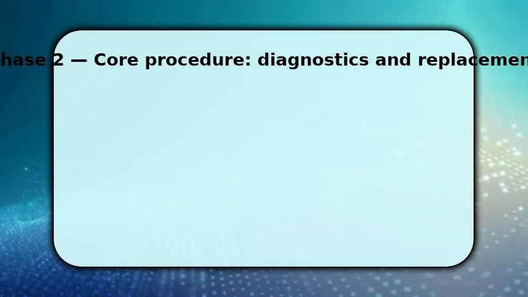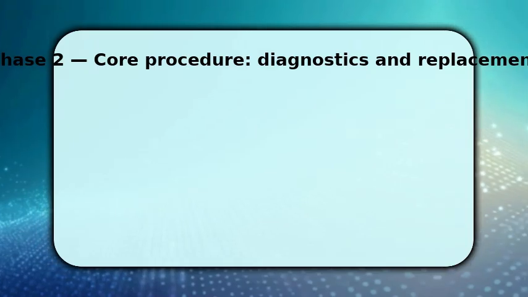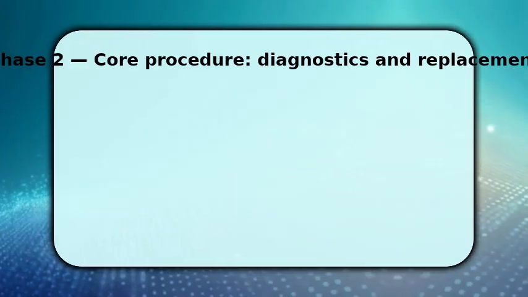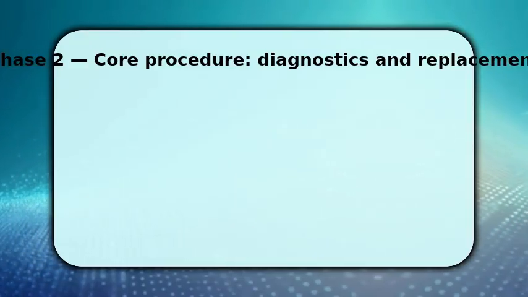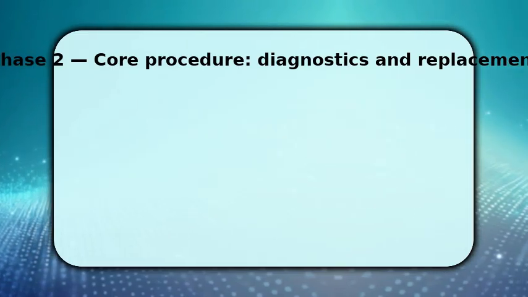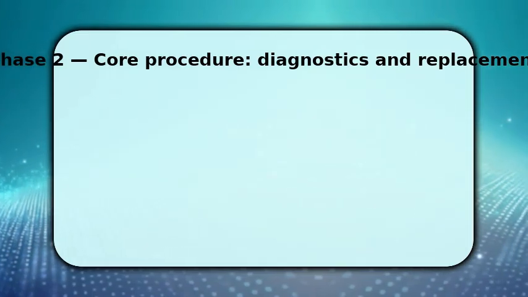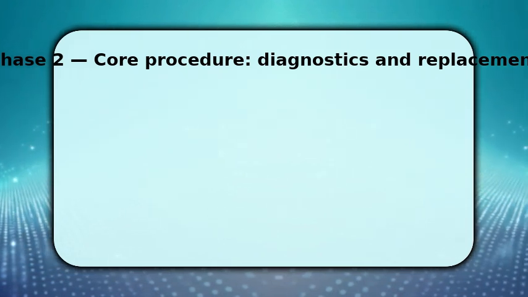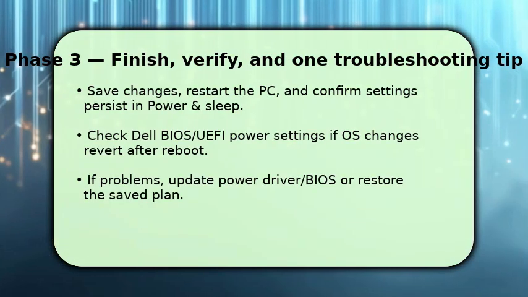In Processor Power Management, set Minimum Processor State to 100% when preventing throttling, or set a higher minimum to stop aggressive power saving. These adjustments remove layered triggers, so the system won't enter low power states unexpectedly. After making changes, click Apply and OK, then save changes on the plan page and restart the PC to ensure